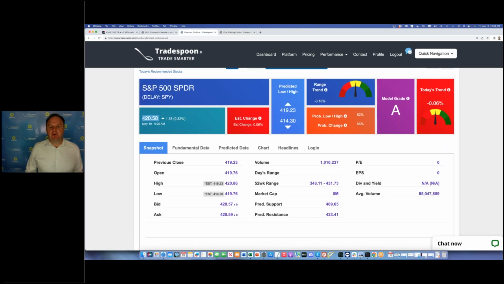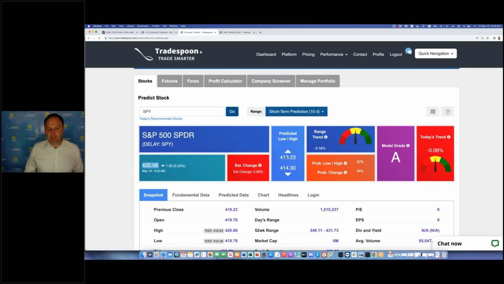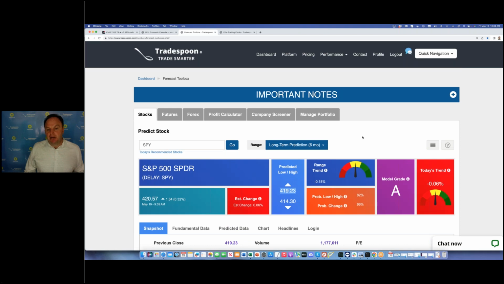The other one is Stock Forecast Toolbox, right? It shows you support and resistance, basically saying, listen, support is 414, 420 is your overhead resistance, market neutral. There is no confirmation of a breakout yet. If you zoom out into 6 months, the model also sees there is not a lot of momentum beyond 420. Does it mean we stop at 420? It doesn't, but does it mean that the market is extremely overbought and vulnerable for a pullback? Yes, right? Maybe you can get to 430, but eventually we will revert to 405. That's what the model basically says.